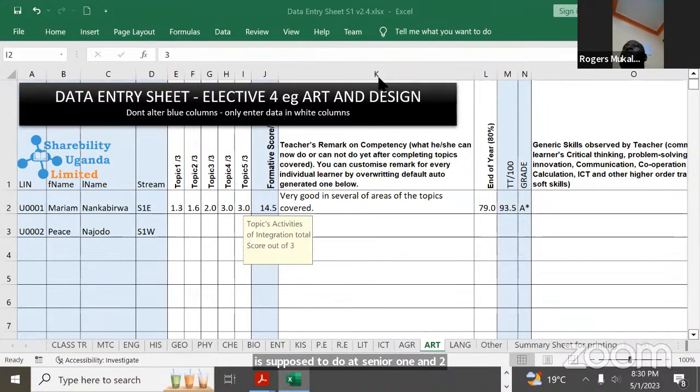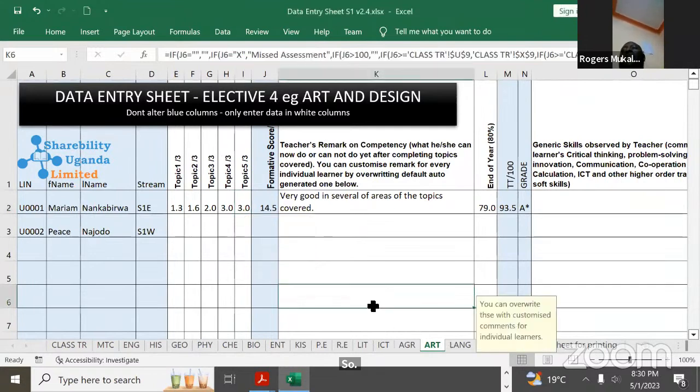And how many subjects are learners supposed to do at senior 3 and 4? At senior 3 and 4, there are 9. Yeah, there are 9. So here we have put 17 subjects. Now, in case a subject that you are offering is not here, you can turn any of these subjects into